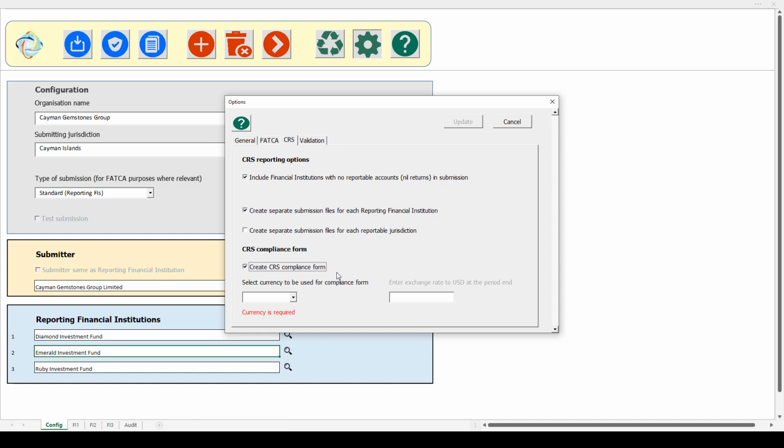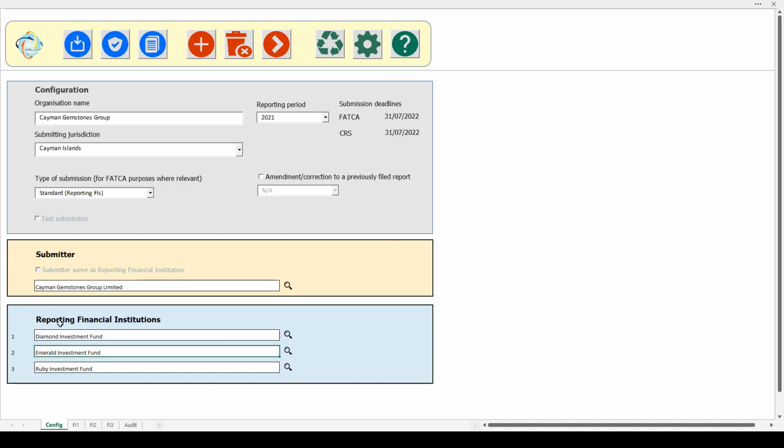And if you weren't creating the CRS compliance form, you might not want to see all those extra validation checks. When you're doing the CRS compliance form, you also need to select the currency that you're using to report that. And if it's anything other than US dollars, then you'll also need to enter an exchange rate to be used.